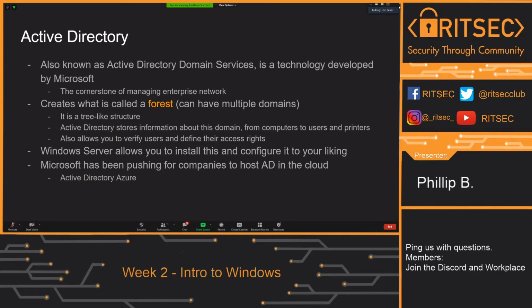So it stores information about the domain. So what does it store? It stores information about different computers on the network, different users on the network, printers, and these can all be grouped into different OUs. There are classes on Active Directory, and there's a lot you can do with Active Directory, but I just want to brush over the top level of it.